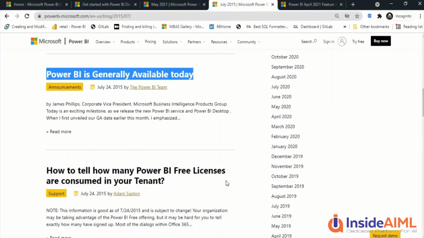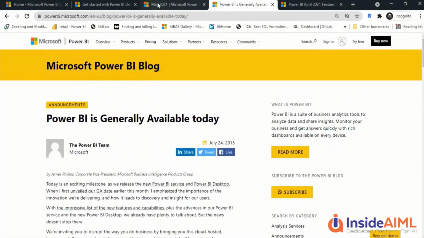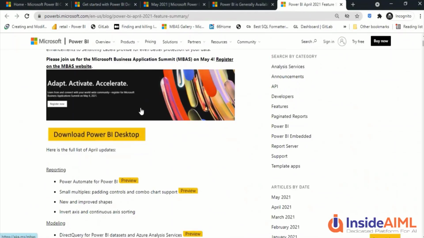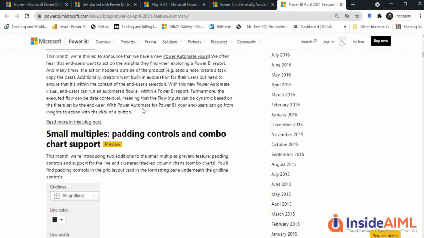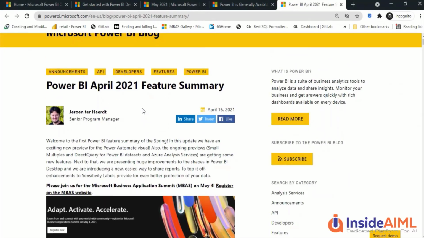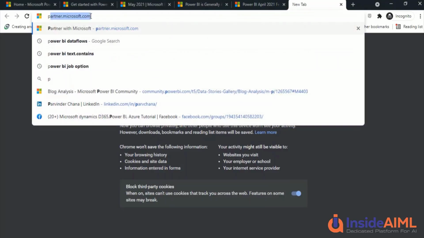We can go ahead and look into this one and find out what all details with Power BI have been released. So all the monthly updates are available. You can go ahead and check how Power BI has grown over a period of time. See, such a small blog out there where we have this little bit of information around it. So for Power BI, this blog is pretty helpful. Basically, you can look at how Power BI has grown over a period of time. So for a particular monthly release, you can go ahead and look at it. What are the different features which have been added to it?